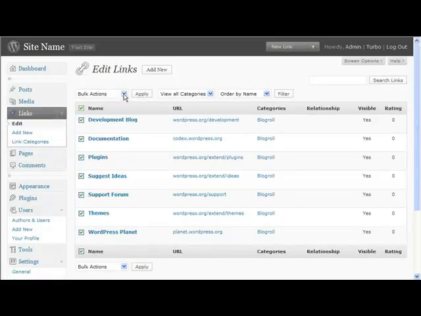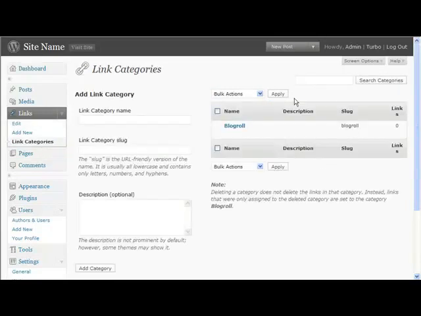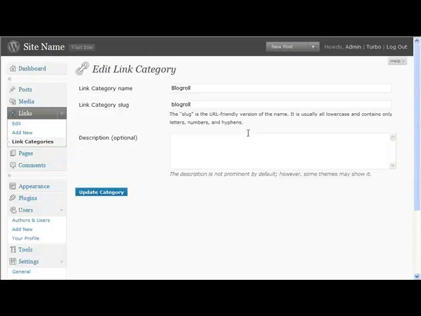Click there and then delete all of the links that are there. You also want to edit the link categories as well. Again, change it from blog roll to something like resources or something simple. So you just put in resources, and then the same down here as well, resources in lowercase. You may want to create more than one category depending again how many links you're planning on having, but I